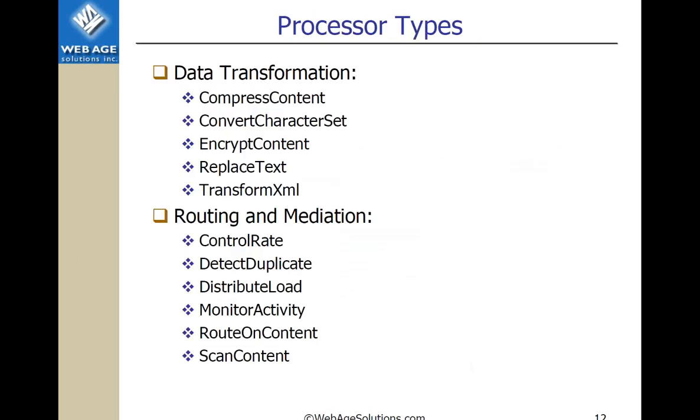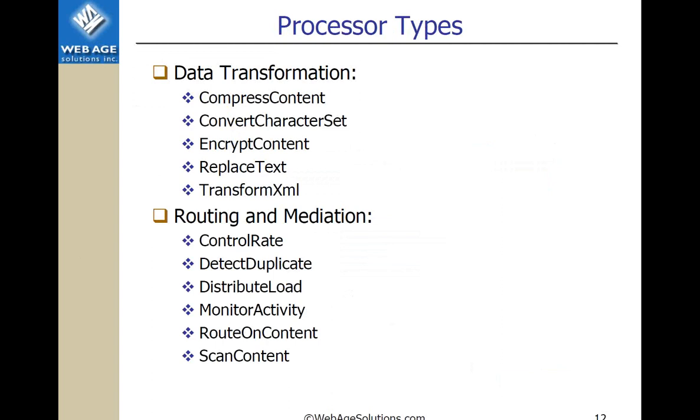Okay, moving on. Processing and data transformation is something near and dear to lots of people. You need to deal with encrypted content, text replacement, regular expression transformation, back and forth between JSON and XML, character set conversion, and compression and decompression of the content. Those flow files are essentially the payload. It comes with some meta information, but that blob which comes with it can be anything. The system would describe what it is, but it would be up to you to slice and dice the content the way you want.